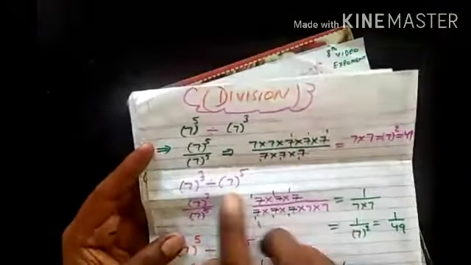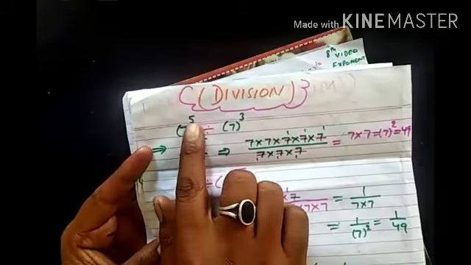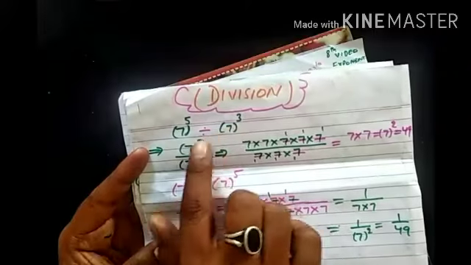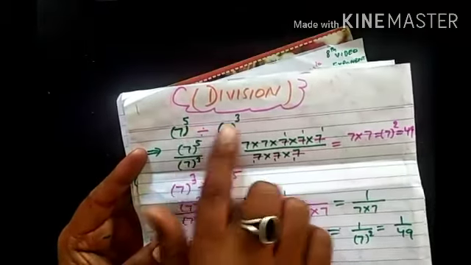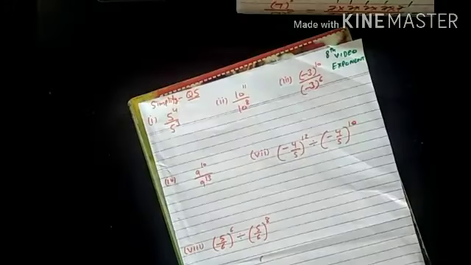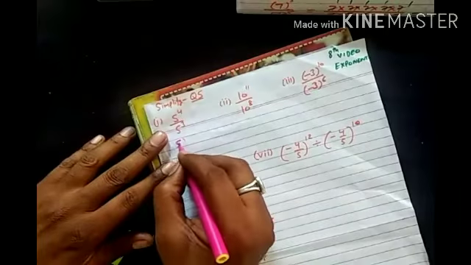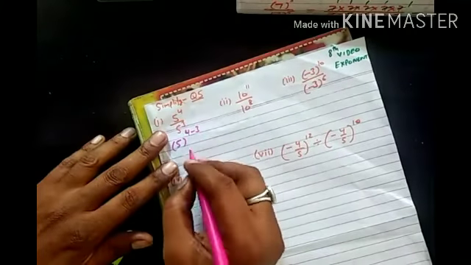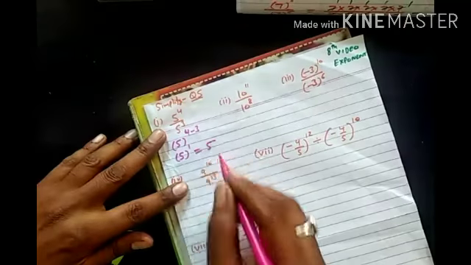just like this. We have done this form, where the bases are the same, 7 and 7, the powers are different, and the division process is going on. So what we will do is simply subtract the powers. Okay, now adopt the same method. The powers will be subtracted, the base is the same, so I will write 4 minus 3. So its answer will be 5 to the 1, that is equal to 5.